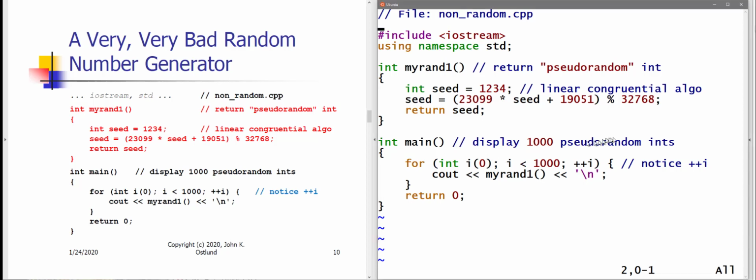Our desire here for this program is we want to display 1,000 pseudorandom integers. So we've got ourselves a for loop here that's going to count through 1,000 times. Notice, by the way, that I'm using ++i, now that we know about the increment operator, to increase the value of i by 1 each time through the loop. And each time through the loop, I'm going to call the function myrand1, which is my pseudorandom number function. When myrand1 is called,